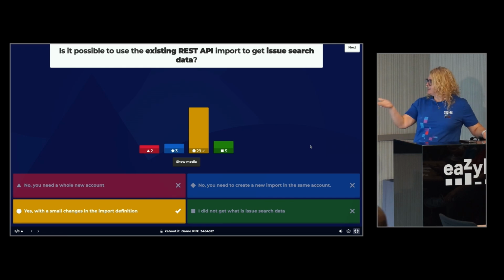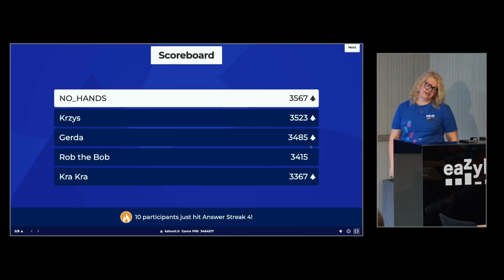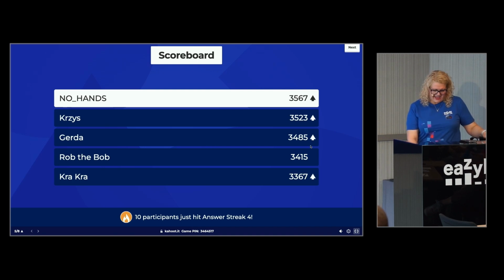So yes, as Jan said, with small changes it can be done. But some are still curious about what issue search data is.